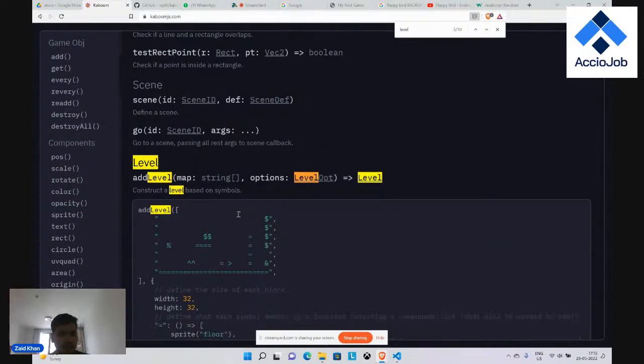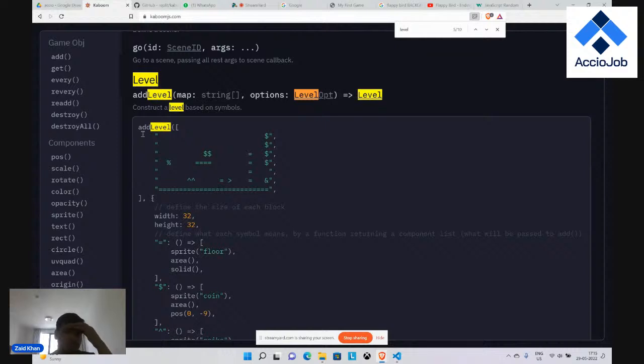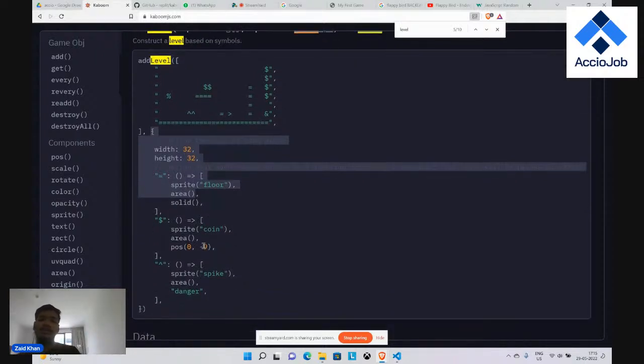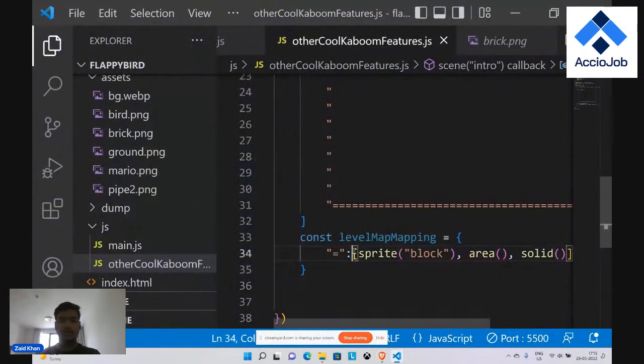So basically, if you look at this example, what they have done is they are defining one map. This is how the whole structure will look. And the second will be a JSON object. In this JSON object, they are defining what to replace from what. So let's suppose I want this equals sign to be replaced by some other components. All I have to do is